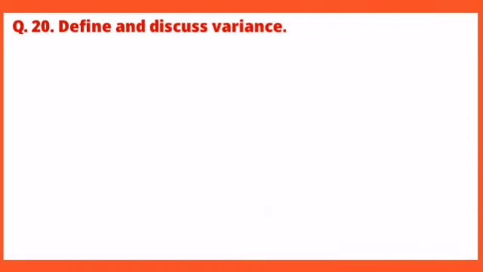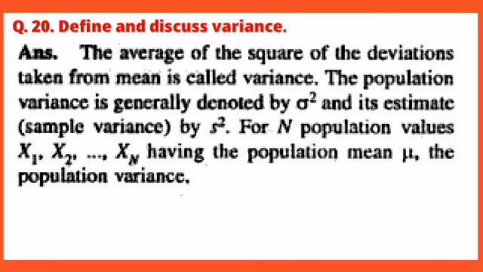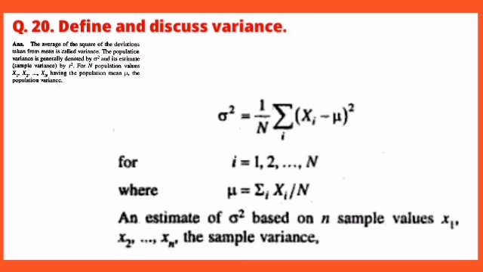Question 20. Define and discuss variance. Answer. The average of the square of the deviations taken from mean is called variance. The population variance is generally denoted by sigma squared and its estimate, sample variance, by s squared. For n population values x1, x2, up to xn, having the population mean mu, the population variance sigma squared equals 1 divided by n, sum of (xi minus mu) whole squared,